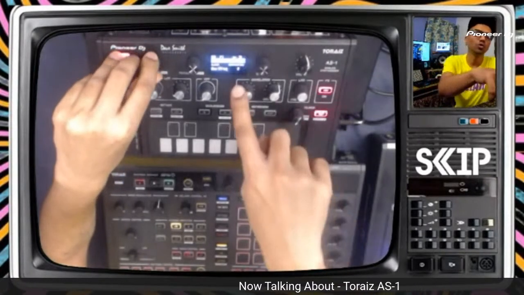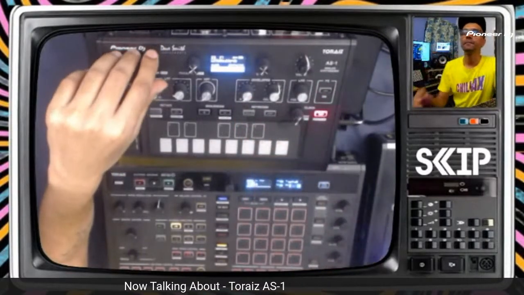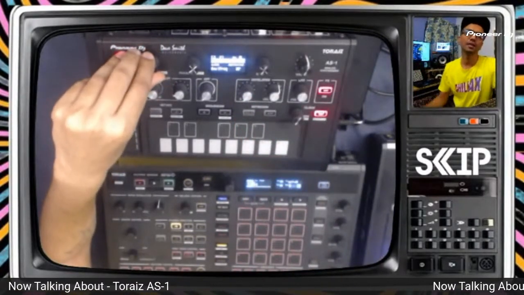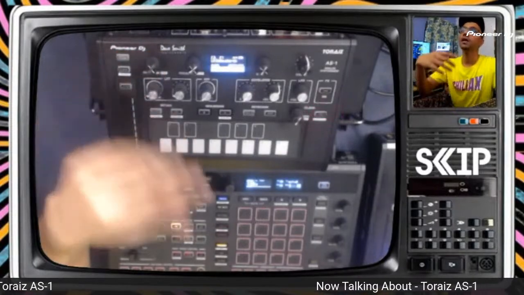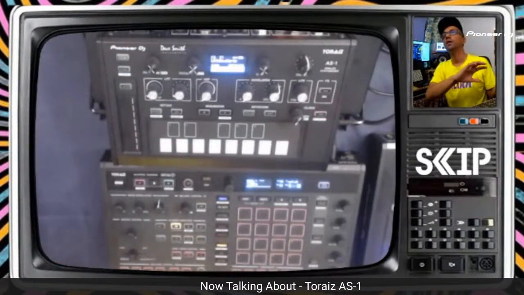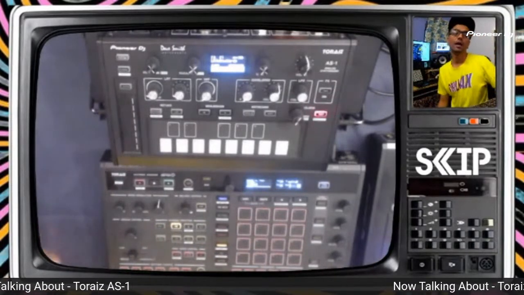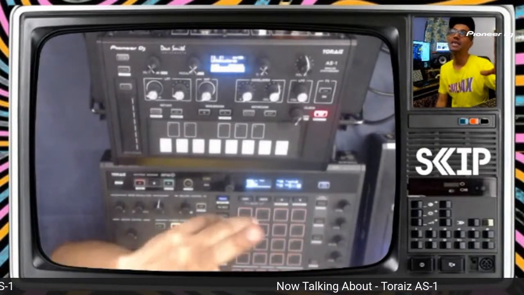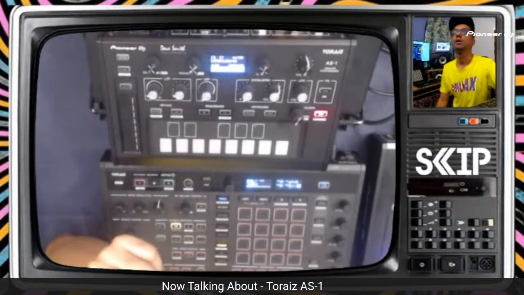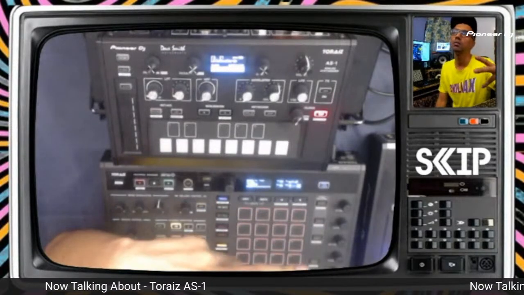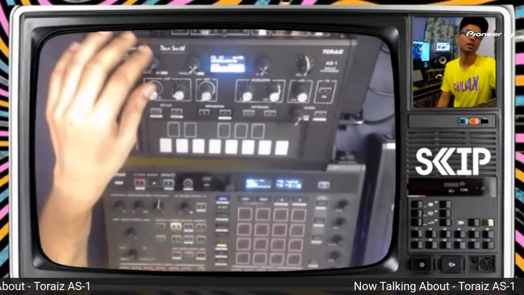There's U1, U2, U3, so there are user ones, and then there's F1, F2, F3, F4, F5. These are factory ones. You can always override the user ones, but you cannot override the factory ones. But I personally feel that the factory ones are a great start for you to create a patch, because the factory ones are really awesome.